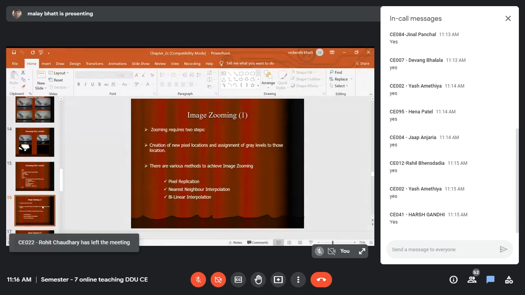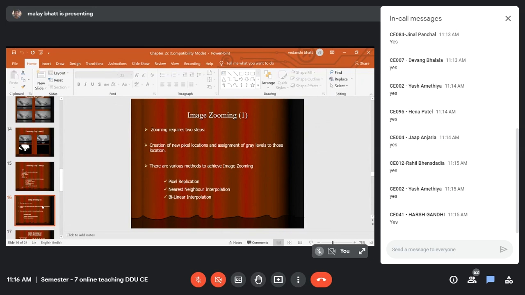So how can you do it? We basically have to create new pixel locations and assign a gray level to those locations. We don't have the detail for the new locations and we don't know which value we should assign so that our image looks as it is and looks better by increasing the spatial resolution. So basically, through image zooming, we are increasing the spatial resolution, right?